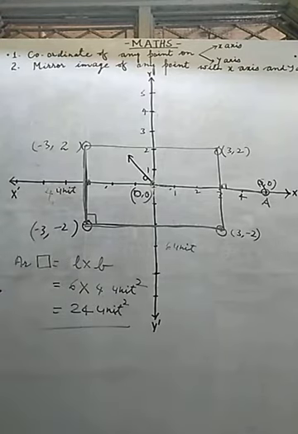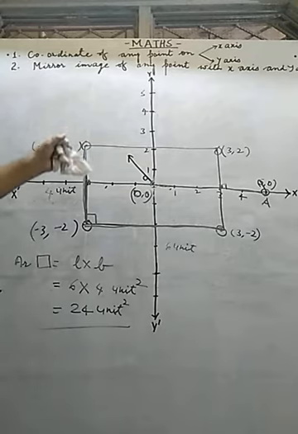In this way, either it is a triangle or a quadrilateral, especially it may be obtained as either a square or a rectangle. If you trace 4 points, generally it comes either square or rectangle. If you join 3 points, it will be a triangle, and you apply the area of triangle, half base into height, and here you have to apply the area of rectangle, that is length into breadth. If a square is there, then side into side. Putting the value of side into side or length into breadth, we can calculate the area of this so formed quadrilateral.